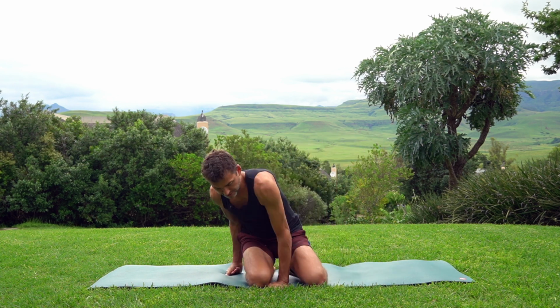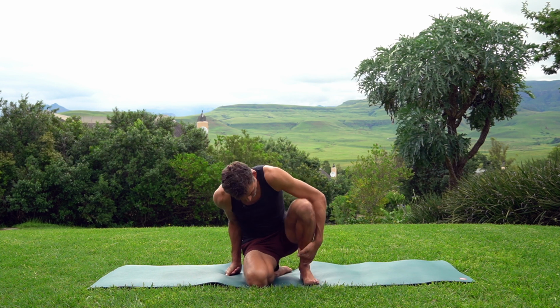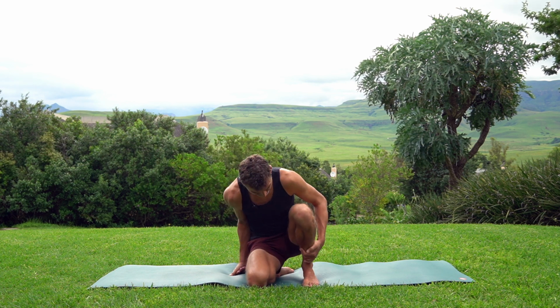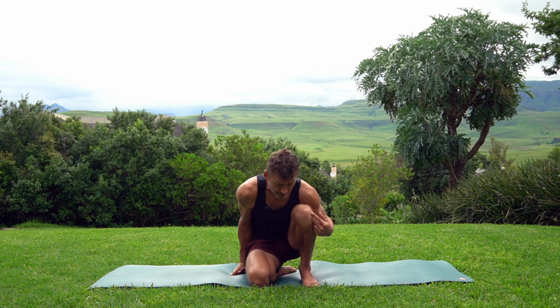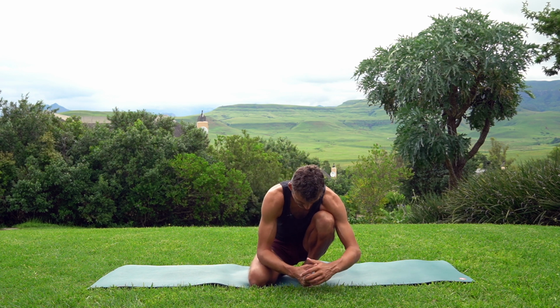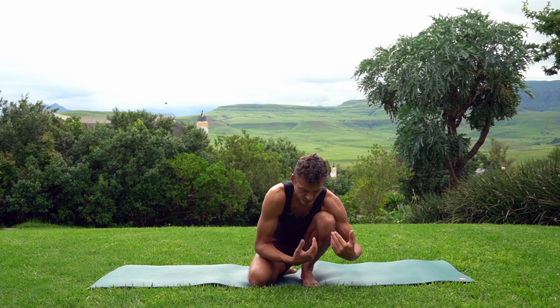Let's take the left foot next to the right knee. Pull the foot a little bit back. If you're quite tight in your calves, you might have to have the foot a little bit more forward than me. That's fine. And then again, move the knee forward. Might go over the toes. It might be above the toes. It all depends. And then stretch that heel down, and I like to lean a little bit of my torso